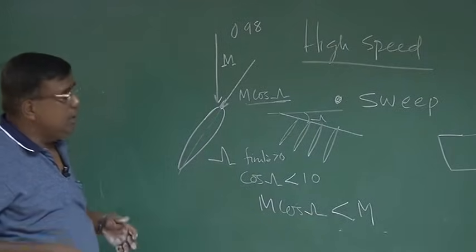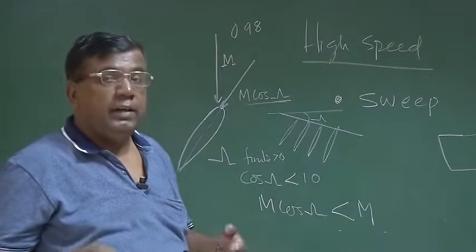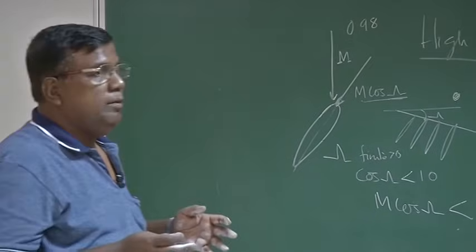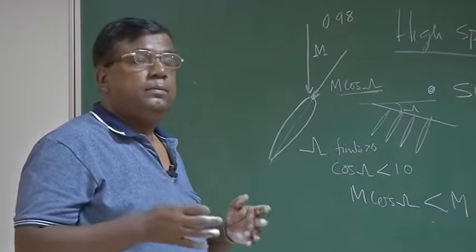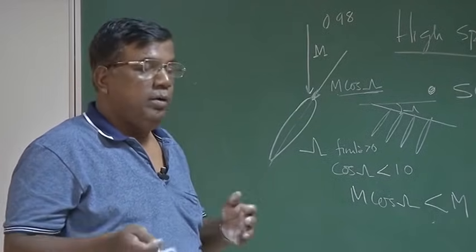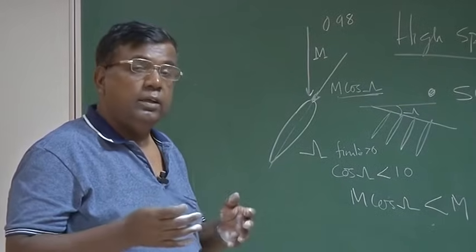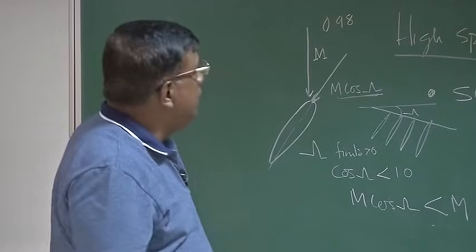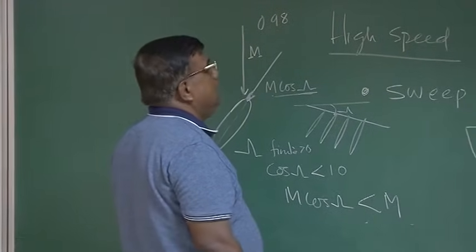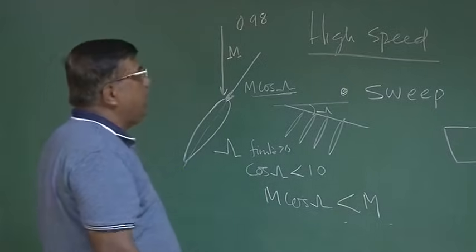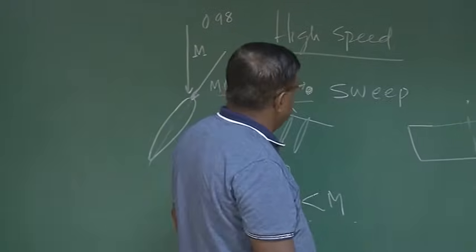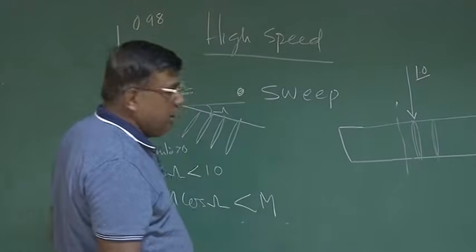So you are reducing the drag and increasing the effectiveness, in the sense that whenever you are near a sonic Mach number, a shock wave will come, and that will interact with the boundary layer. Not only loss of lift, but also there is drag, and vibrations also may come. So you are avoiding that. This is a very loose way of explaining, since we have not talked about anything high speed. So this is the way sweep back has become very popular.